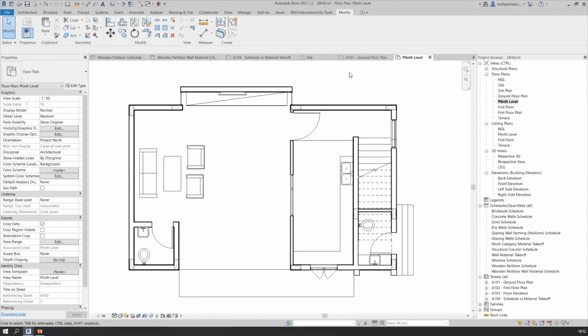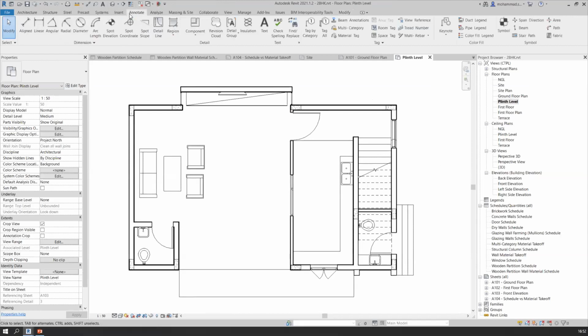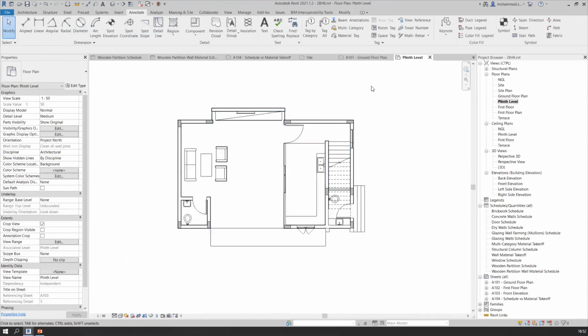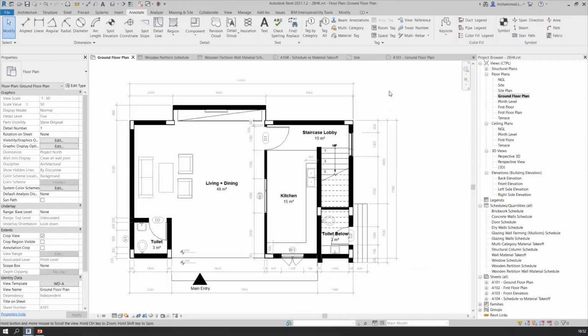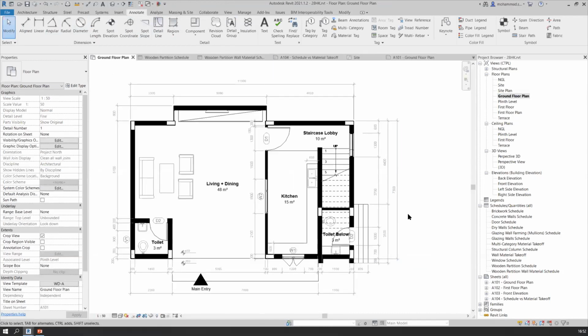I added a few dimensions. I have a panel by the name annotation. So those who are curious can also explore this panel, and we can add dimension and text according to our requirement. Like this was the original view. And after adding text and annotative elements, this view was looking like this.